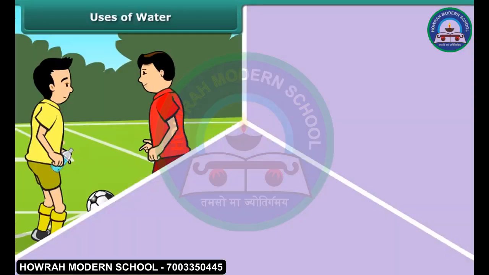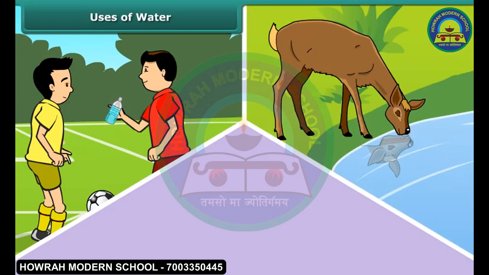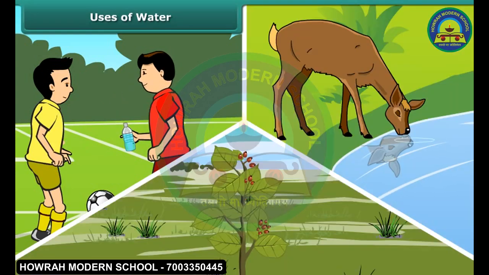Water is an essential part of human, animal, and plant life. Living things cannot live without water. It is said that life originated in water and gradually shifted to land. But the connection and importance of water still remains the same. Water is essential for every living organism to grow and flourish.